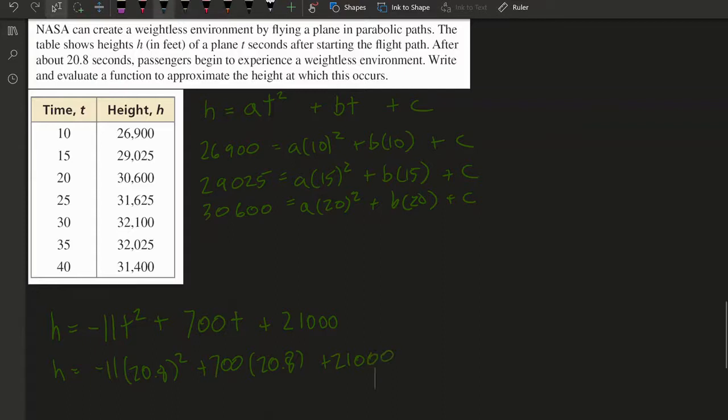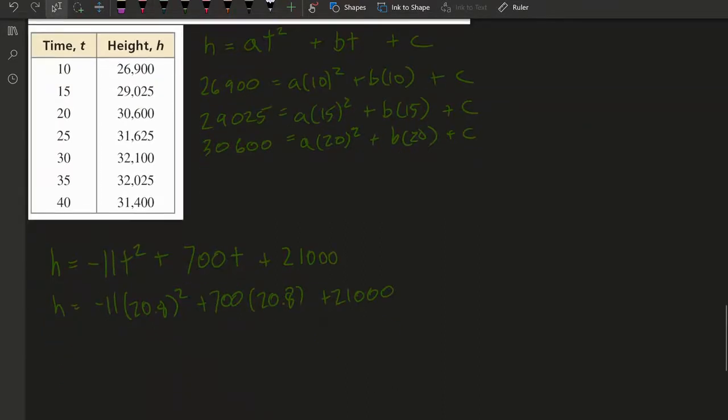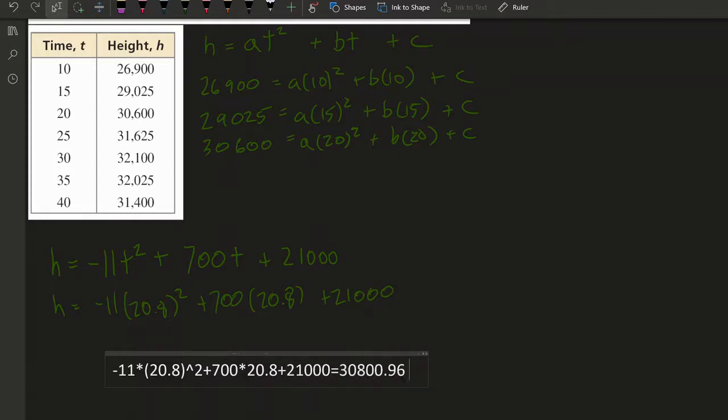And then, of course, I should be doing this with a calculator. Negative 11 times, let's put that in parentheses, 20.8 squared plus 700 times 20.8 plus 21,000 is equal to